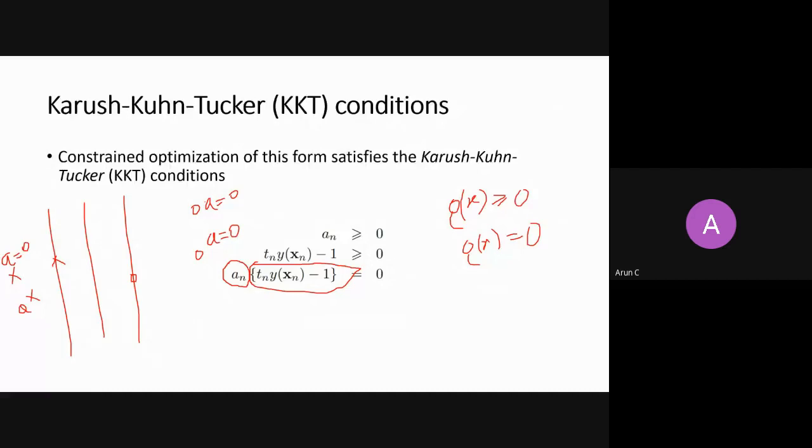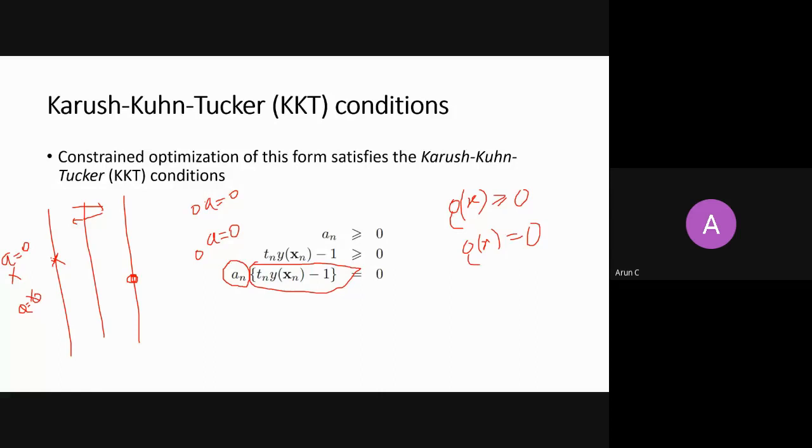Now the other case is g(x) should be 0. When g(x) is 0, it means that tn yn equals 1. I am talking about those points which are one distance away, which we have done. One distance away are only those which are nearest. So there will always be 2 points of opposite class. Why? Because when you move your hyperplane either left or right, it should be equalized somewhere in between, so you will always find a minimum of 2 points, one on either side.